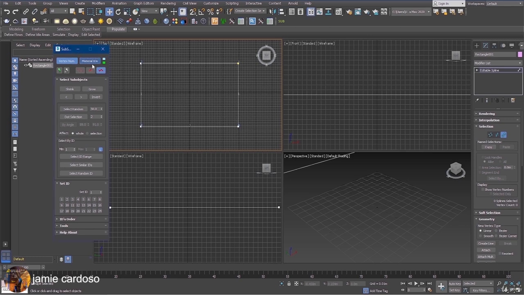This button displays the material ID numbers in the viewport. By default, we have one material ID number assigned to all spline segments. This segment has a material ID number 1 on it. Same for this one, and this one here. The material ID numbers are being represented in the green color as seen here, and the segment ID numbers here,